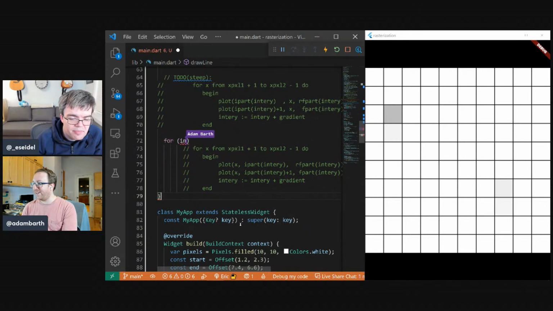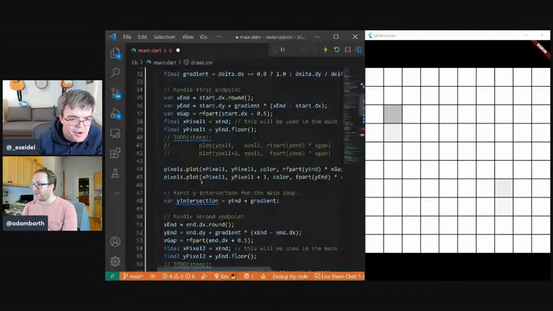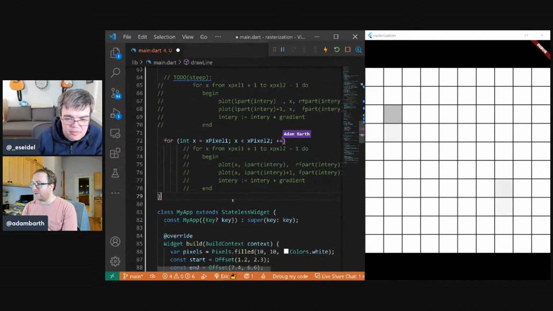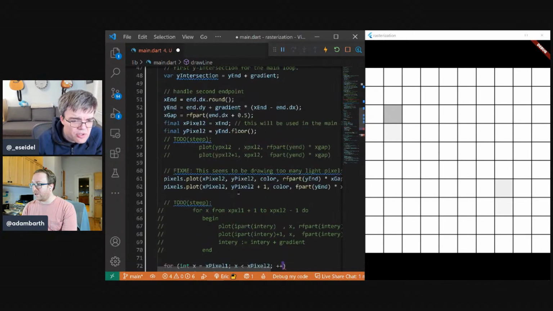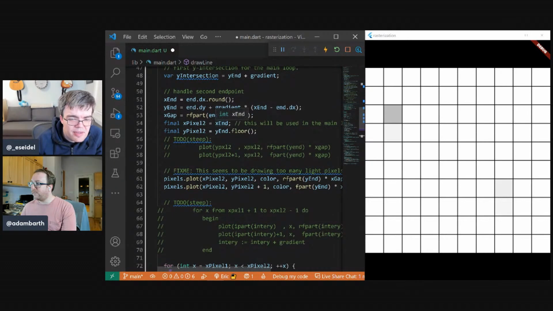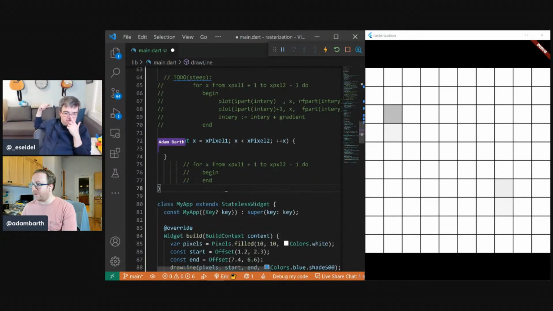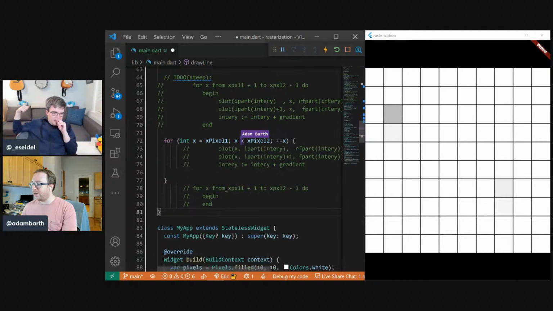For loop. Int x equals. We saved this off, right? X pixel 1 and X pixel 2. While x is less than X pixel 2, x plus plus. X pixel 1 and X pixel 2 are like the X end. Are they integers? No, they're doubles, right? They should be integers. No, right? They're integers. Wow. Okay, that's legit. X pixel 2 is the penultimate X, correct. That's why we say less than. Okay, so we need to plot